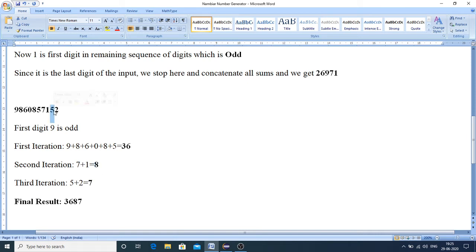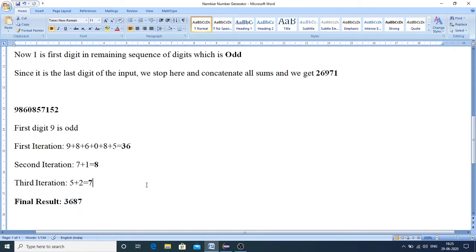In the third iteration, the first digit is 5, which is odd. So you proceed with the sum. 5 plus 2 is 7, but even though it's not opposite to the state of 5, we still have to stop because we have reached the last digit. So now we concatenate these sums and you get 3687.